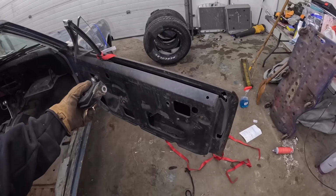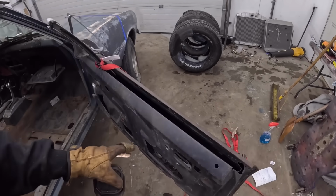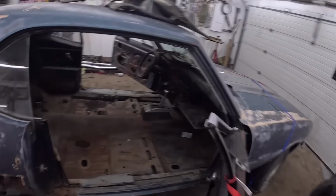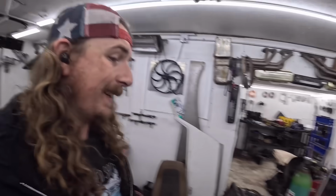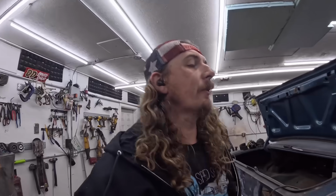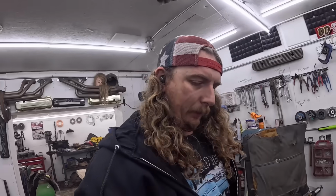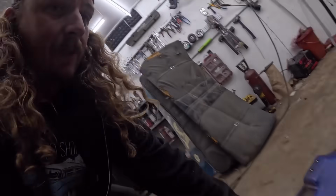This is obviously some sort of a repop door they were starting to work on. The glass I put somewhere else. We'll get to the hood tomorrow. But what I want to show you is underneath this thing, because where's my creeper? I stood it up so I don't stand on it and fall. It's shockingly good. Maybe you Camaro guys see something I don't, but